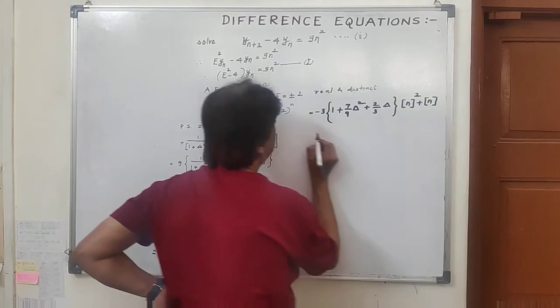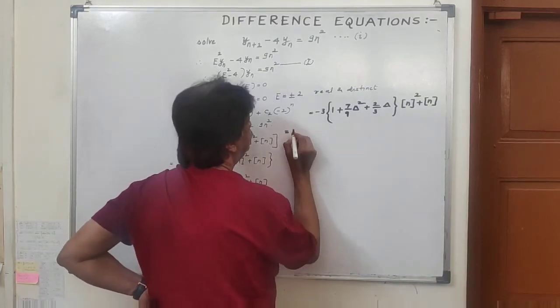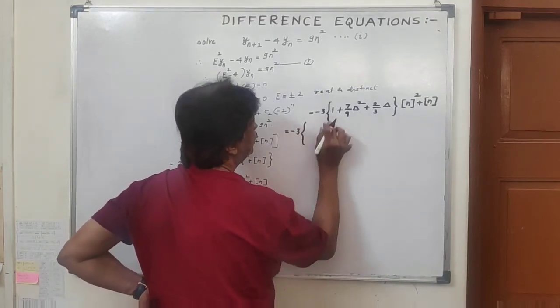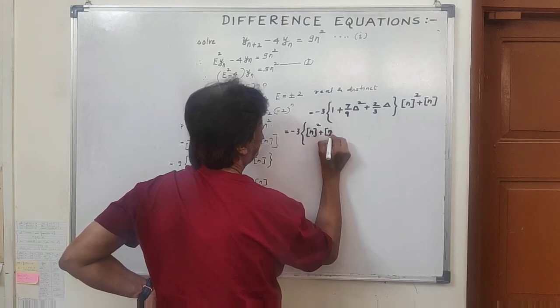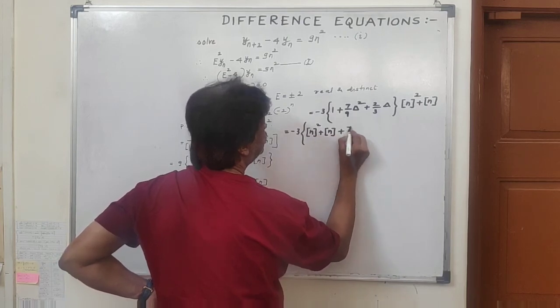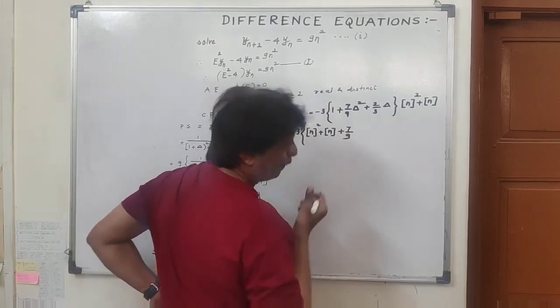Now we shall operate this. Minus 3 times 1 into this factorial n square plus factorial n plus 7 by 9 times